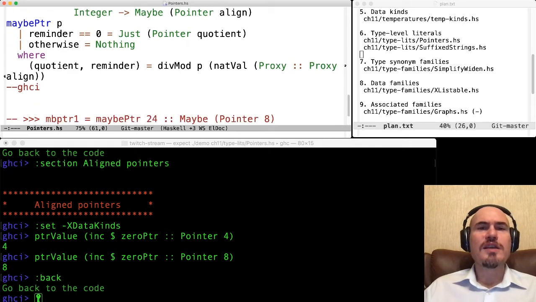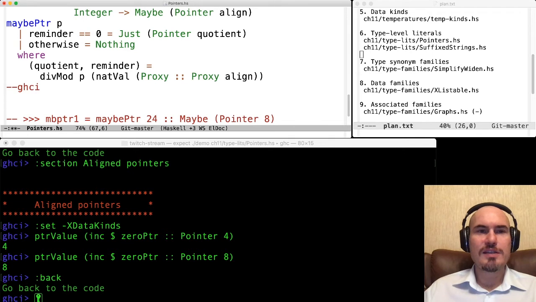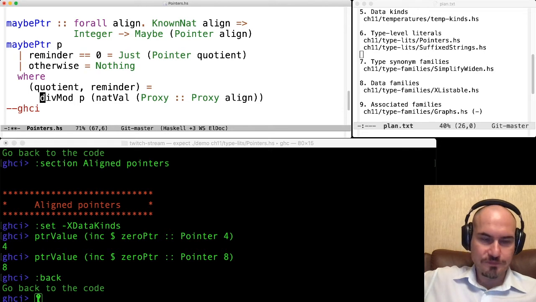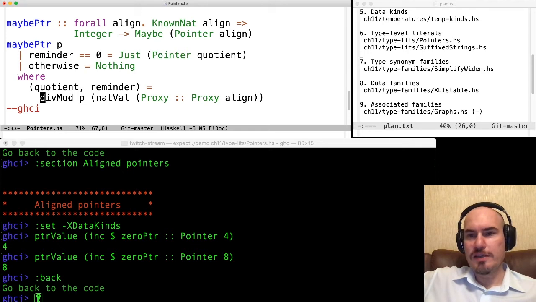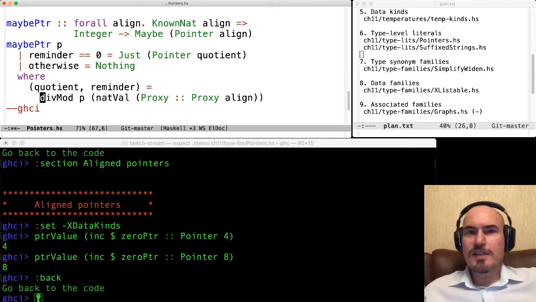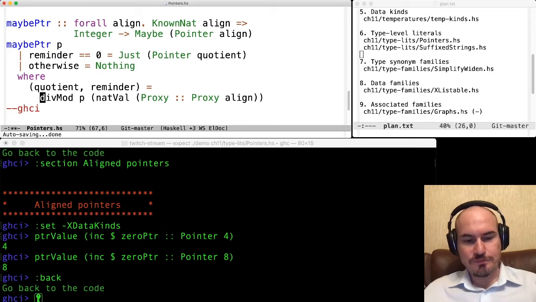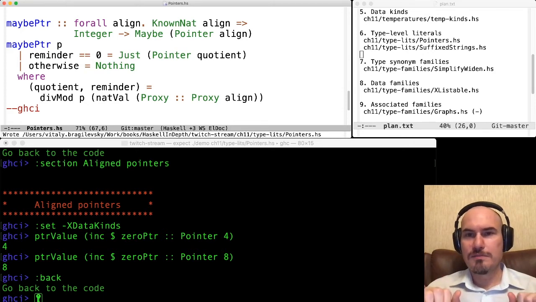And I have another function here, which is even more sophisticated, which allows us to get a pointer value from any given integer. And whenever we work with things like natural numbers at type level, it turns out that we quite often have to write or use functions like that. So at runtime, we are given some value of, I don't know, for example, 8.